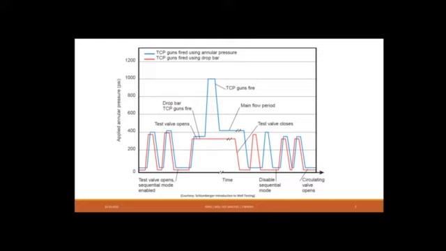First of all, small annular pressure is applied as we have discussed in the working of the tool. This will continue till the tool reaches the operating conditions. As the tool reaches the operating conditions, the TCP gun is fired either by drop bar or by annular pressure. If the TCP gun is fired using annular pressure, there will be a rise in the annular pressure as we can see in the figure,